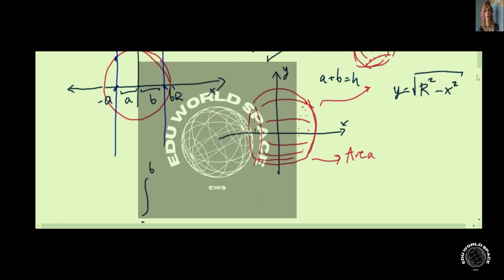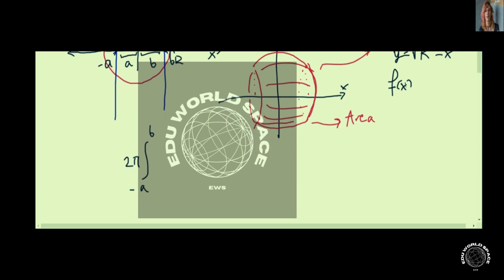So this is our function, f of y is equal to f of x. So the integral would be the integral from minus a up to b of 2 pi times f of x times the square root of 1 plus f prime squared